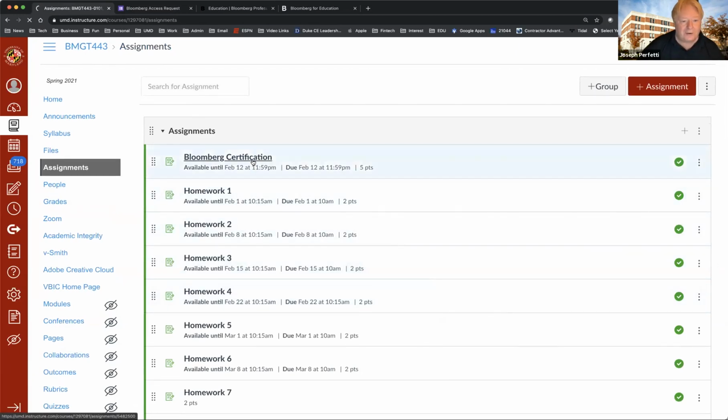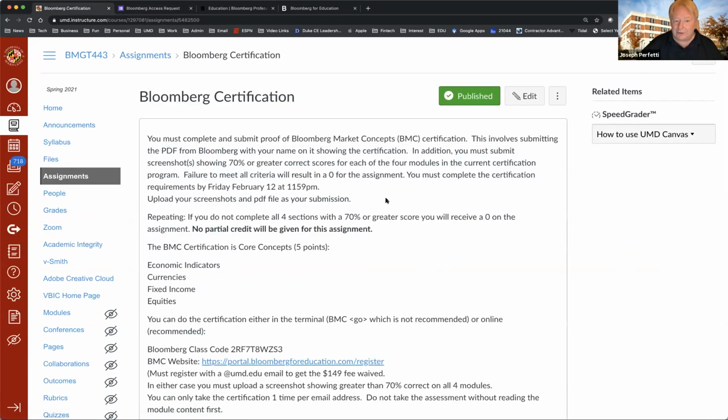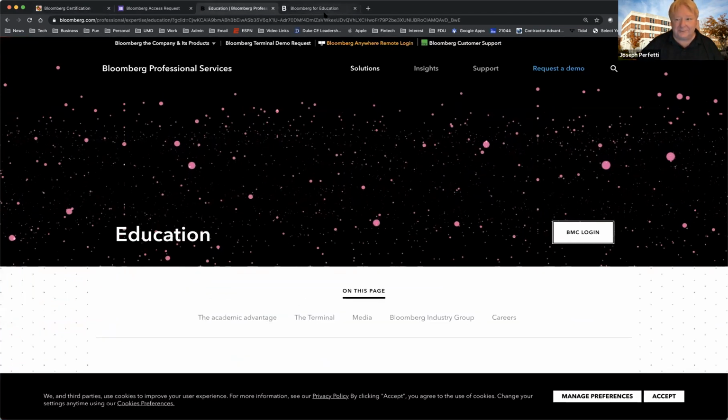Bloomberg certification: the 12th is when you have to finish the certification. So 12th February, finish the certification and submit the certificate showing that you did 70% or greater. Because when you do log in,